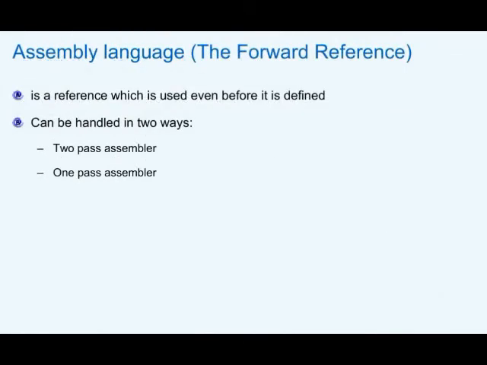Now we'll just see some more about the forward reference. As we have seen, we had one memory address where the data was available, but as the scanning of the program was being done by the assembler, that particular data was not available. So while scanning, it will be found later on that it is there. So this can be handled in two ways, that is using the two pass assembler, wherein in the first go only the scanning will be done, and in the second pass whatever references have been there in that application program will be resolved. Whereas in case of one pass assembler, at the end of the first pass itself the resolution will be done.